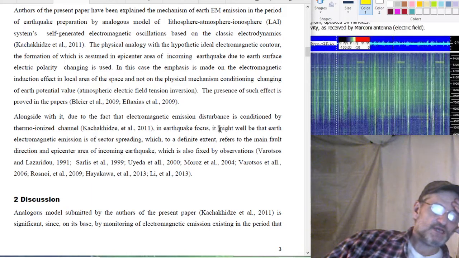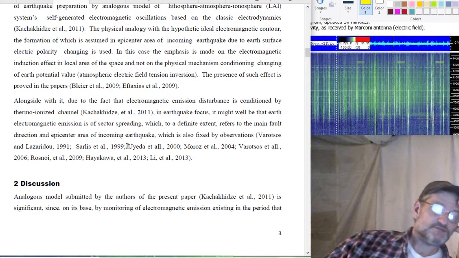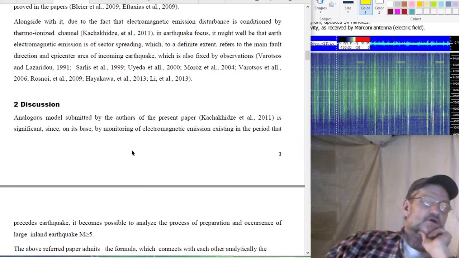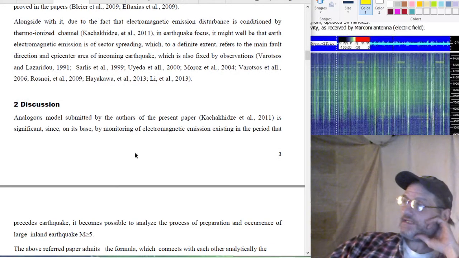Alongside with it, due to the fact that electromagnetic emission disturbance is conditioned by thermo-ionized channel and earthquake focus, it might well be that Earth electromagnetic emission is of sector spreading, which, to a definite extent, refers to the main fault direction and epicenter area of incoming earthquake, which is also fixed by observations. And that's Veritsos in 1991, 99, 2000, 2004. All right. So that's the end of it,